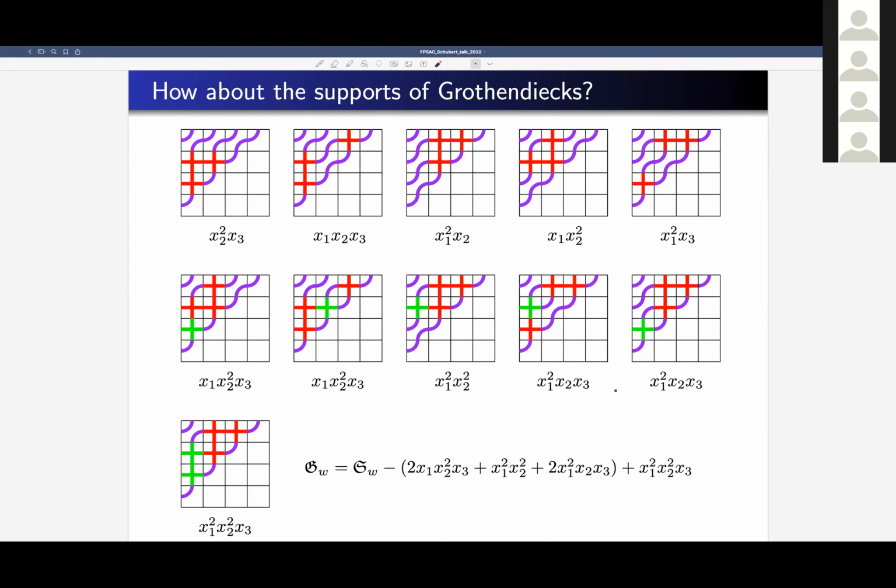Before I go into a very specific conjecture, I do want to mention that there's a conjecture about, well, much more than just the support of Grothendiecks. So with June Ham, Jacob Matherne, and Avery St. Dizier, we proved, and I showed you the result, that Kostka numbers are log concave. It's a corollary of the normalized Schur polynomial being Lorentzian.